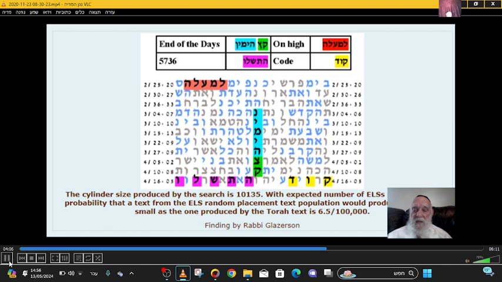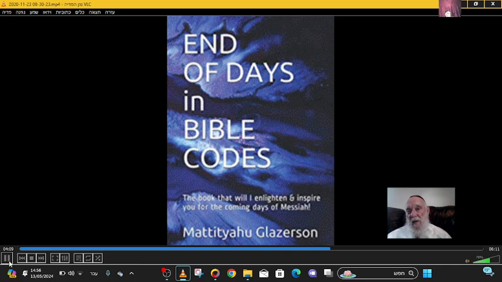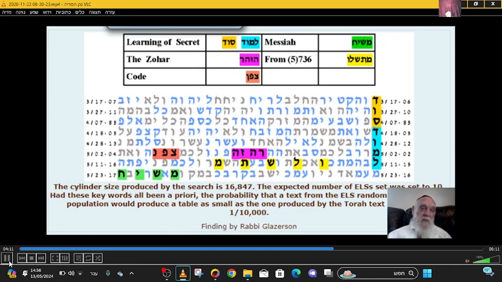Then there is another table which also has to do with Kabbalah, which explains that all the discoveries of the codes are really part of learning the secrets of the Torah. And again, you have the year when we started with the codes. It is the code, and which is the Zohar. So you have here the idea of Limudei Sod, studying, learning the secrets of the Torah. We started from the year 5736, because all these codes are part of the secrets of the Torah, of Kabbalah, definitely.